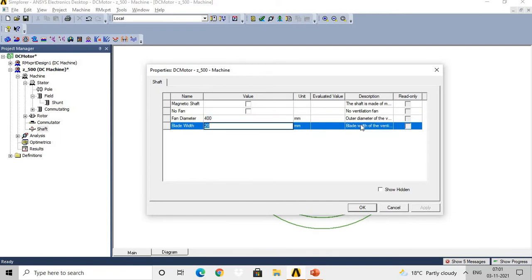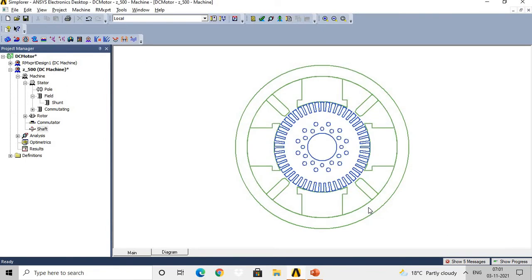Then blade width, that is blade width of the ventilation fan. Here we have given that as 20 mm. Then we'll enter the OK. Okay, so thus we have given all the inputs which are needed to make the geometry of this DC machine.